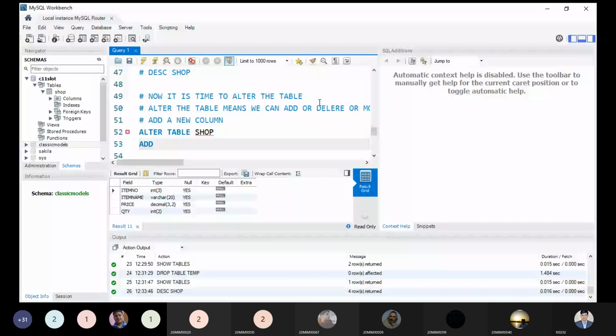So add a new column company. Company itself is a string, so we can take varchar and pass a size, suppose 35. Is it visible and clear to all? What we are doing is trying to add a new column to the shop table, and the name of the column is company. Is it okay right now?